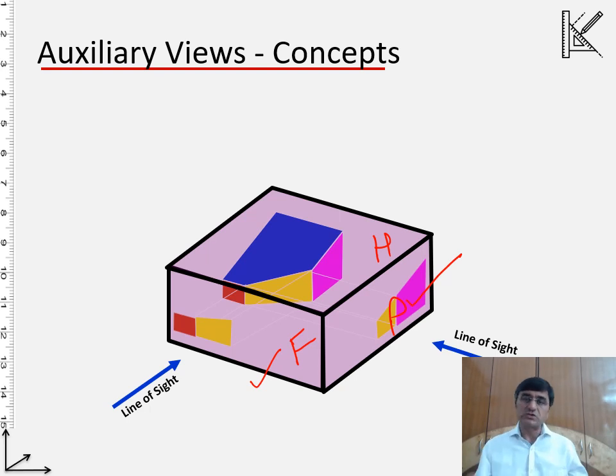So what you notice over here, the red rectangle will be projected without any distortion, because the red rectangle is parallel to the frontal plane. So there is no distortion. However, the yellow one, which is being projected over here, will have distortion. So from the frontal plane, I will not be able to understand the right size and shape of the yellow rectangle or the yellow trapezoid, we can say.